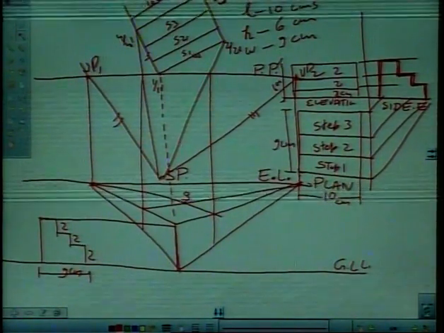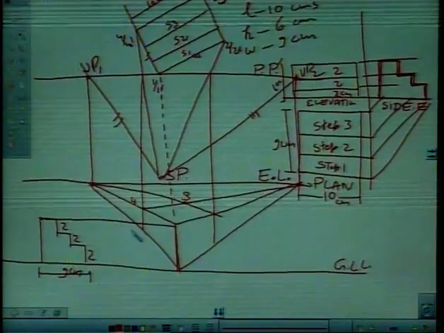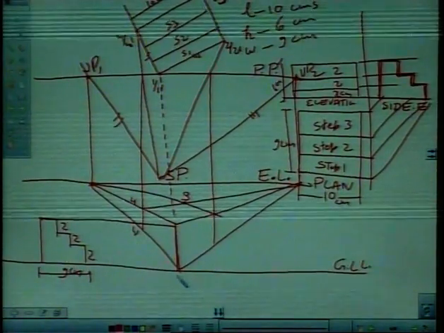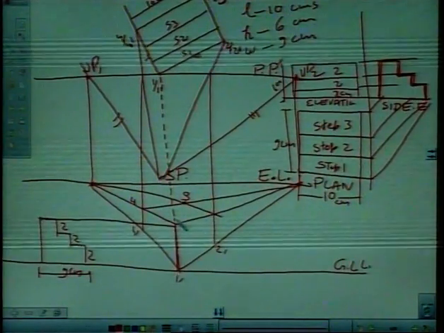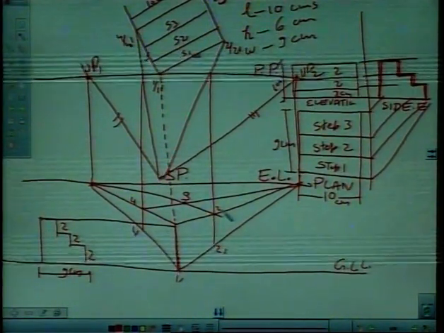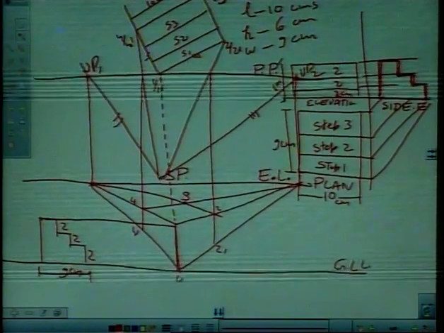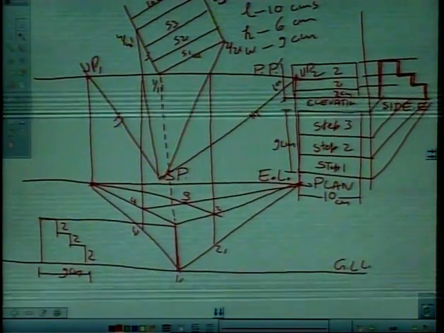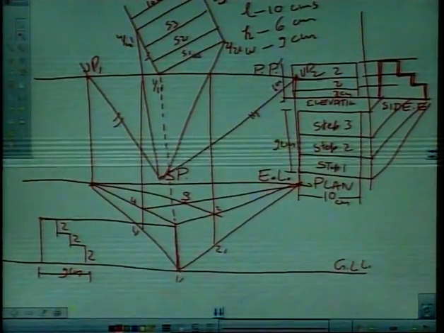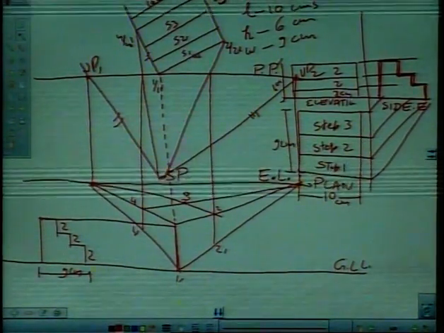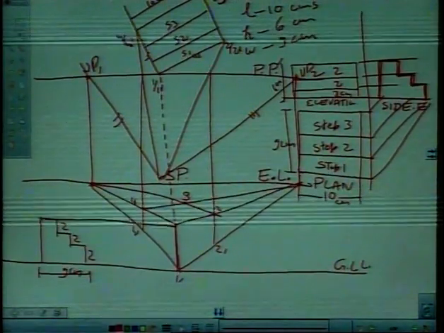Right? So this is 3, this is 4, this is 4 dash, this is 1 dash, this is 2 dash, this is 1 and this is 2. Now these are the extreme edges of our object, right? So we can start with step number 3 or step number 1. Say we start with step number 1. Step number 1 is this,